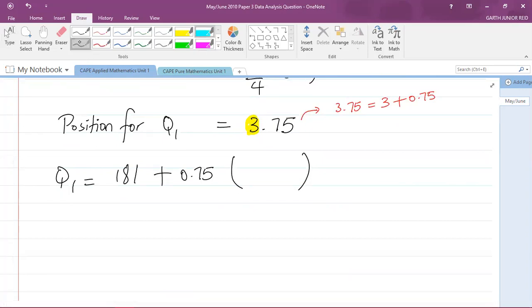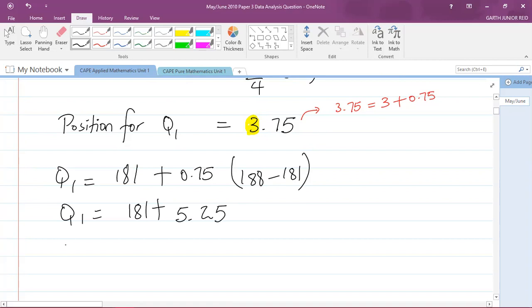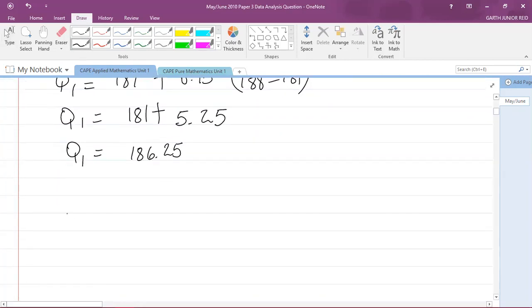So what I'm going to have now in the brackets is 188 minus the 181. Okay, so let's just calculate this now. So that's 181 plus, if you put 0.75 times 188 minus 181 into the calculator, you should get 5.25. All right, so Q1 equals 181 plus 5.25, which is going to give me 186.25. Okay, good. So I'm going to write a statement now and say, therefore,